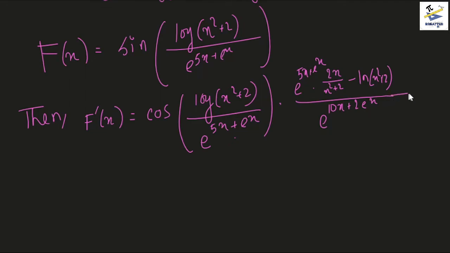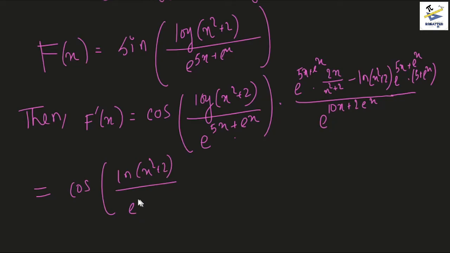And now we do the exponential. So firstly the exponential remains the same, so it's e to the power 5x plus e to the power x multiplied by, we differentiate 5x plus e to the power x, which is 5 plus e to the power x. So we can write it clearly here, cos of ln of x square plus 2 by e to the power 5x plus e to the power x